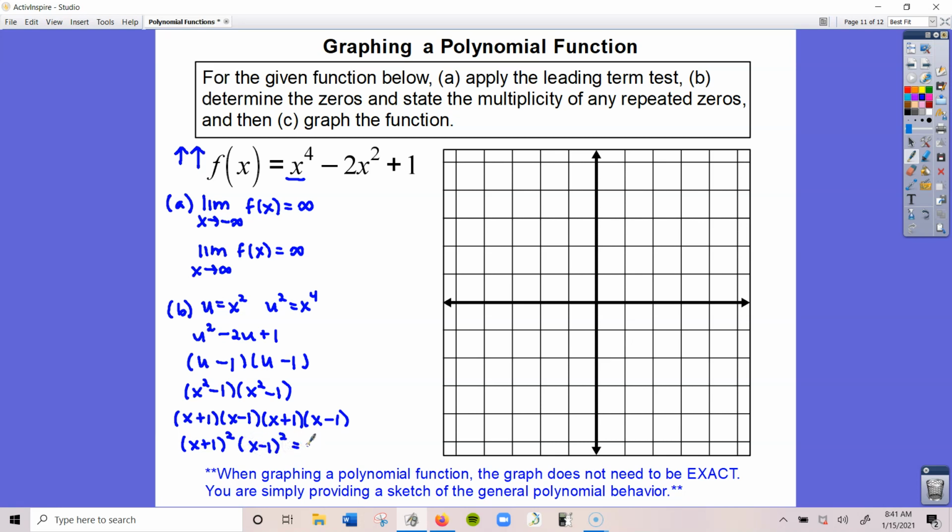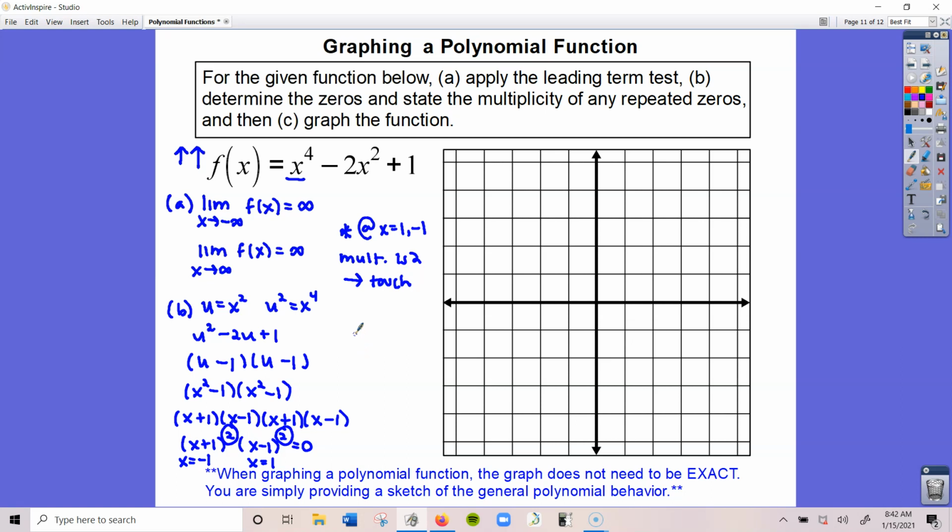And now we're going to make this equal to 0. If I solve for each one, I get that x is equal to negative 1, because I'd have to subtract the 1, and x is equal to 1, because I'd have to add the 1, both of which have a multiplicity of 2, since the exponents here are 2. So I'm going to write this here as a note. At x is equal to 1 and negative 1, the multiplicity is 2, meaning that it will only touch the